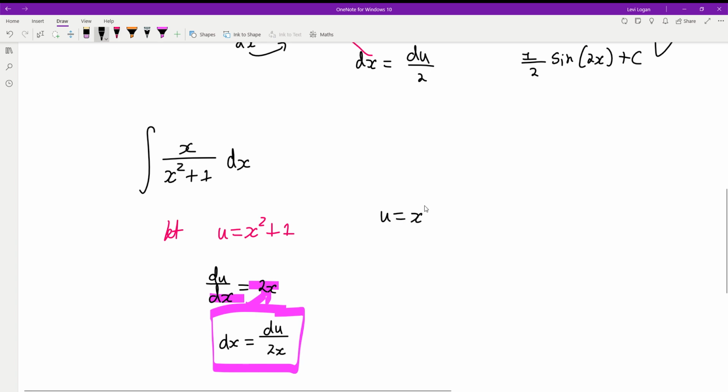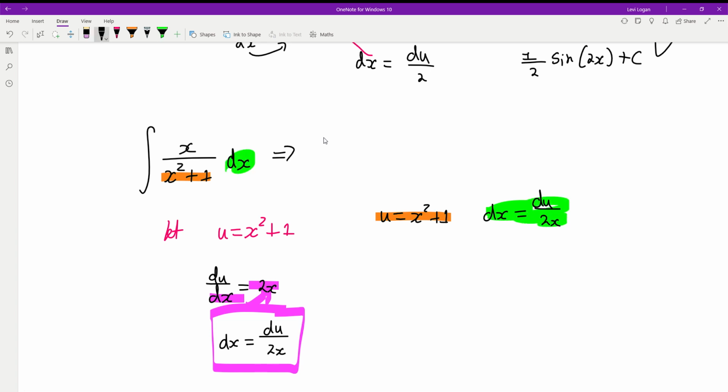u is x squared plus 1 and dx equals du on 2x. Now I'm going to substitute this guy here, and I'm going to substitute this guy here. So if I do that, this is what I'm going to get: integral x on u du 2x. And as we can see, the x's cancel and you get, well, take out the half, integral of